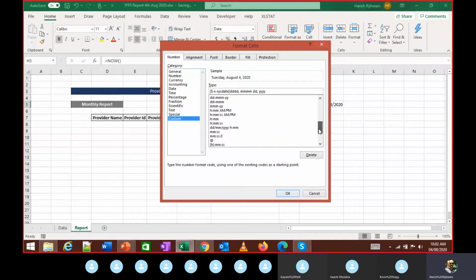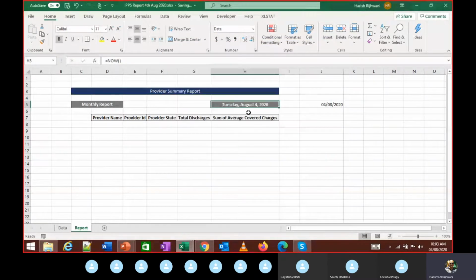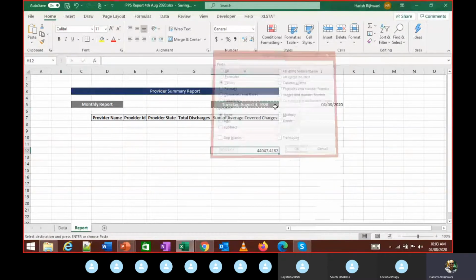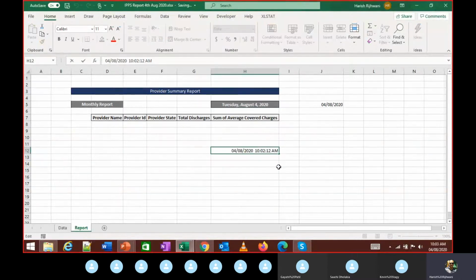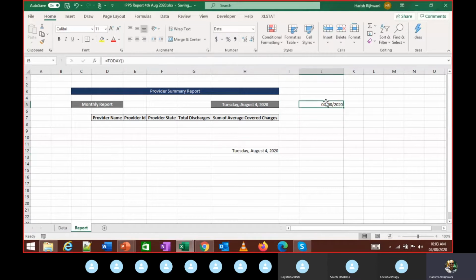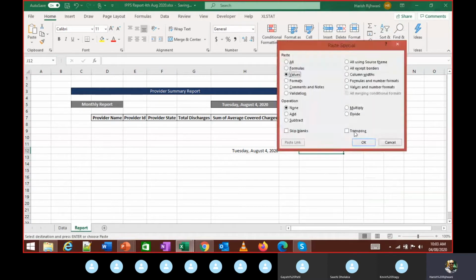I need both of them, so it should come actually. So you notice this, right? I copied this value and pasted it into another cell. Here I am seeing, when I put this value of NOW in another cell and paste the values only, I can see the date as well as the time. So both of these functions work. Here I'm only getting the date. I'm not going to get the time.